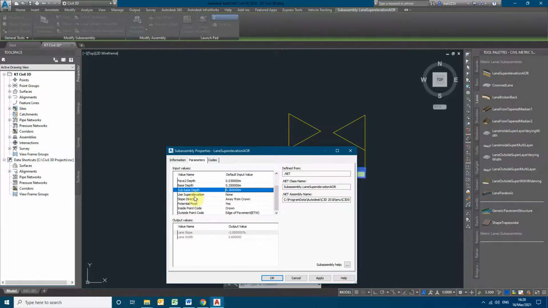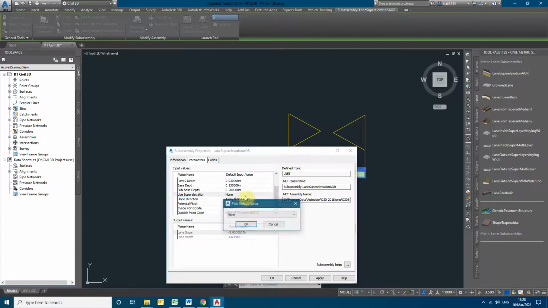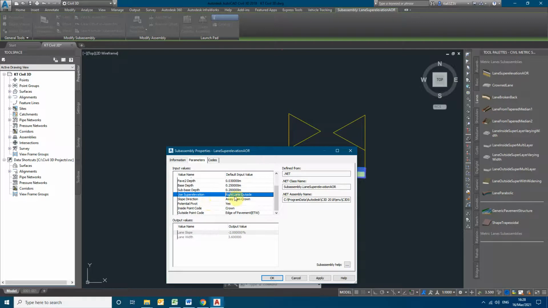So this is use superelevation. When you keep the superelevation criteria as left lane outside, right lane outside, the criteria should be specified here. Accordingly we have to prepare the superelevation, and as per the superelevation that we applied, it will be applied to the corridor. Now I will be giving this right lane, right side, right lane outside. I don't want to keep it as none, it is right lane outside, away from the crown, and I'm just clicking OK.